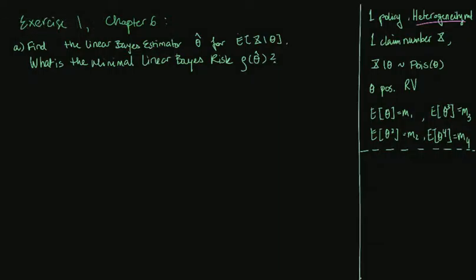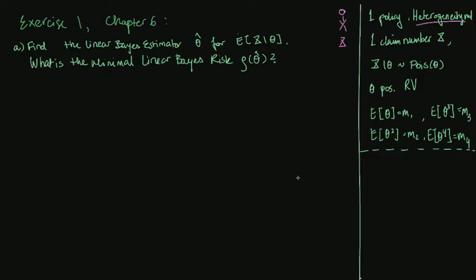Let us look at exercise 1 from chapter 6, where we consider the case where we have just one policy. So consider, for example, Johnny, and we're looking at the heterogeneity model, which basically means you use one heterogeneity parameter theta to characterize certain aspects of Johnny's policy, and we have one claim number x. We assume there is only one observation here, and this x given theta is Poisson distributed with mean value